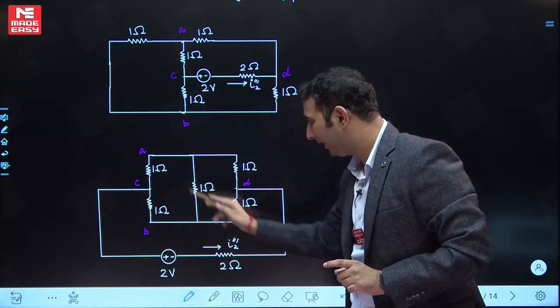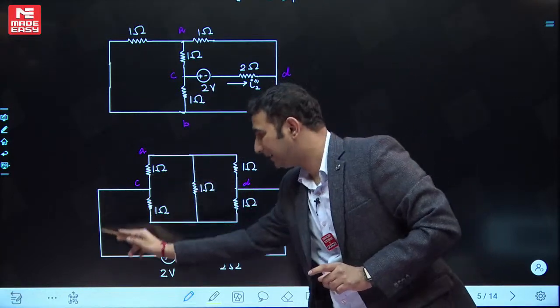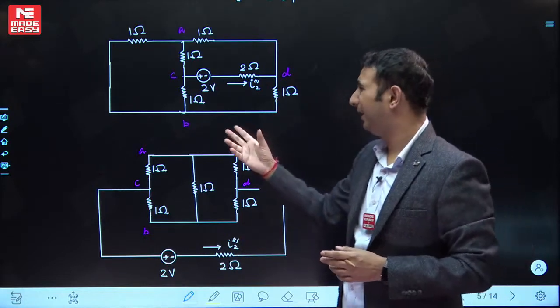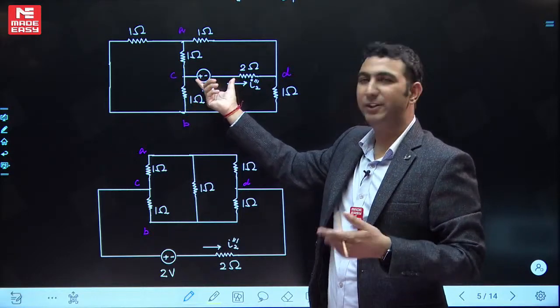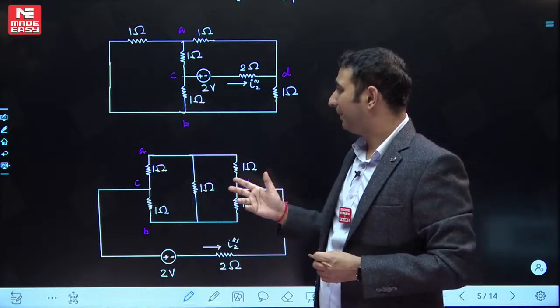ये A और B, ये B पॉइंट आ गया, A आ गया. ये जो अंदर बनाया था हमने C और D के बीच में, ये मैं बाहर से बना रहा हूँ C और D के बीच में. यही मैं आपको बोलना चाह रहा था कि अगर ब्रिज है तो वो अंदर बाहर का कोई फर्क नहीं पड़ता है. जस्ट इमेजिन कि ये एक्साइटेशन वाली ब्रांच है और ये सेंट्रल ब्रांच है. ओके, तो अब आपको सामने सामने दिख रहा है.